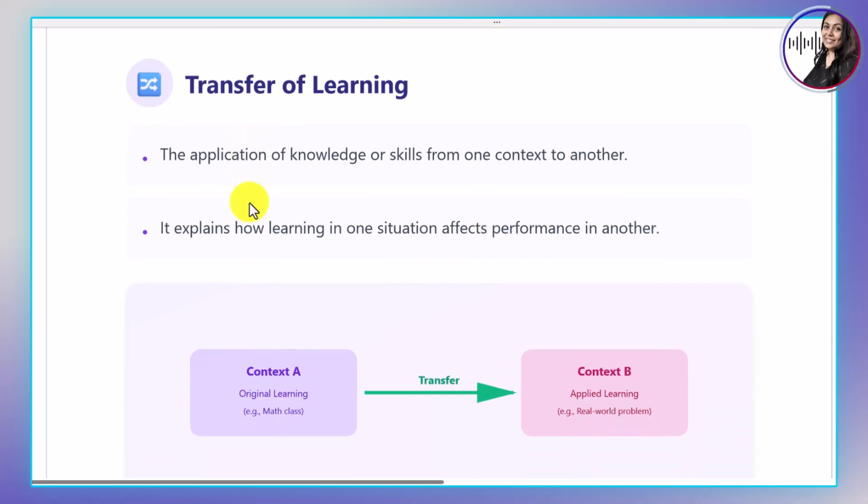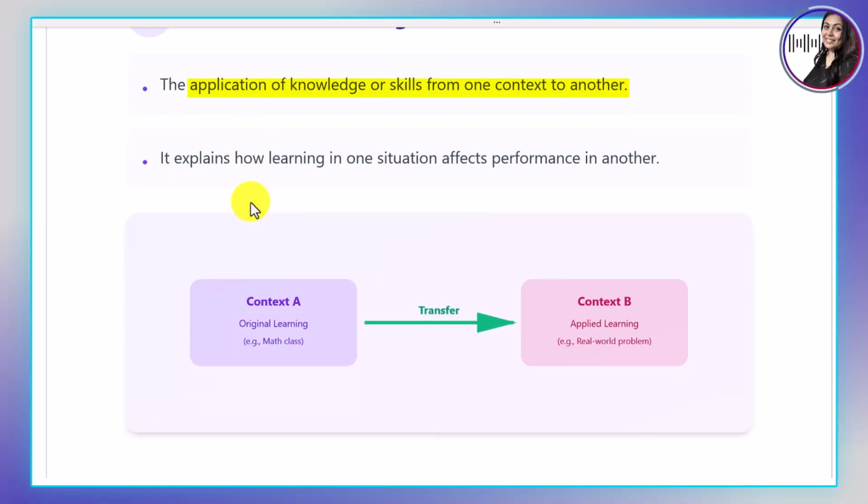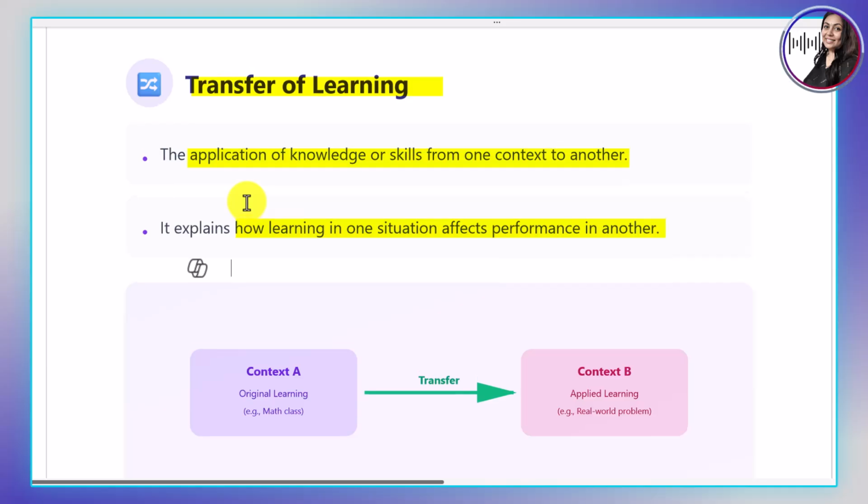Let us now move to a very important concept in learning psychology known as transfer of learning. Transfer of learning refers to the application of knowledge, skills, or learning from one context to another. In simple terms, it explains how what we learn in one situation influences our performance in a different situation. This concept helps us understand whether learning remains limited to a specific task or becomes useful across different subjects, situations,